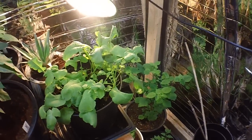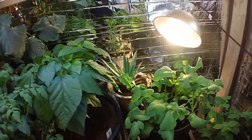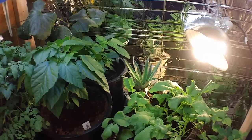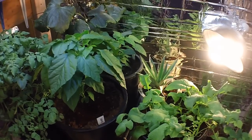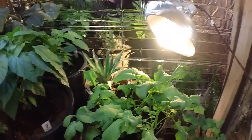That's pretty much it. This room typically stays 70 degrees or plus, and I end up watering most of these guys about every other day or every 3 days, just depending on how much time I have and how much I water them. I'm really gun shy about root rot. So, other than that,